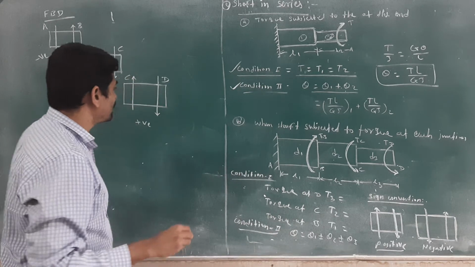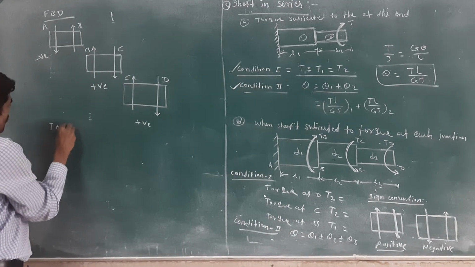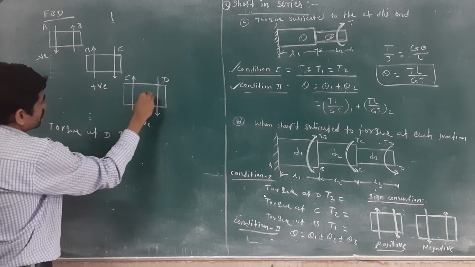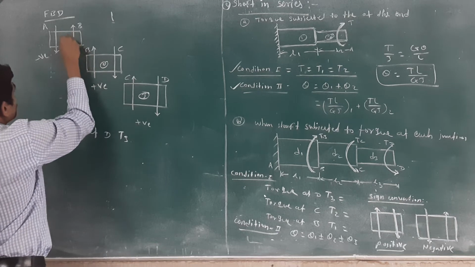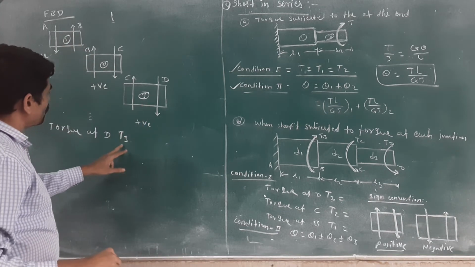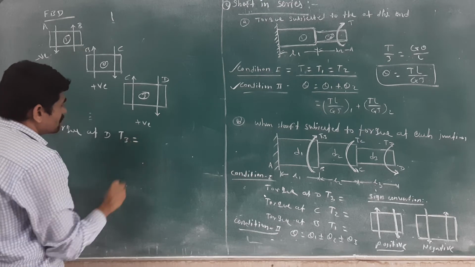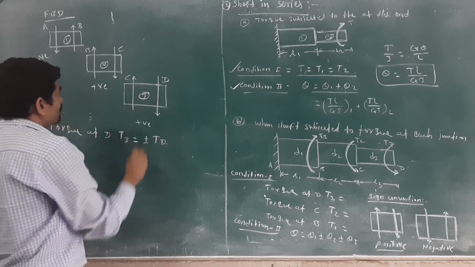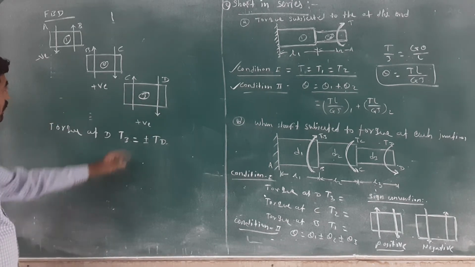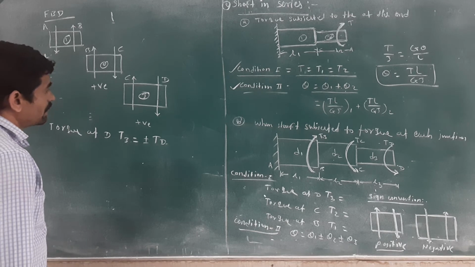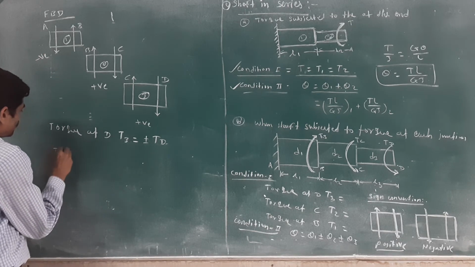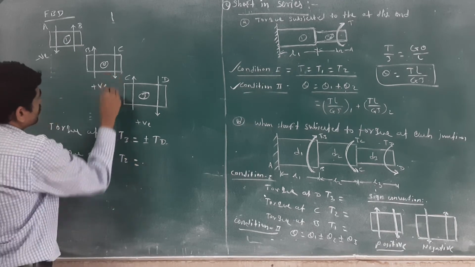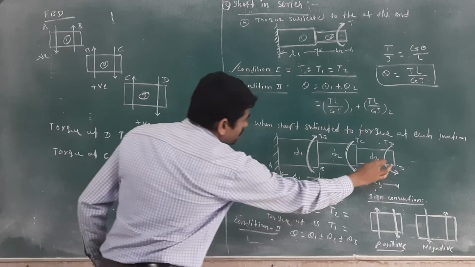Then see torque at the D. We will write here torque at D. Yes, anybody tell me? Here you will get this is the third shaft, second and first shaft, right? That's why I have written here P3. P3 is equal to TD plus or minus TD. Here you will get the plus 1, right? Here you will get the plus. Okay. Then next torque at the C, you will get the T2 value again plus this plus this.